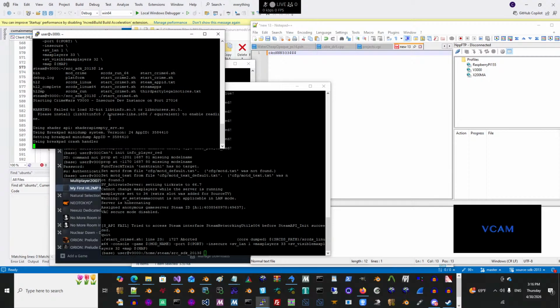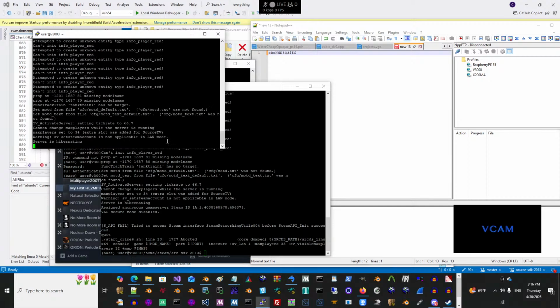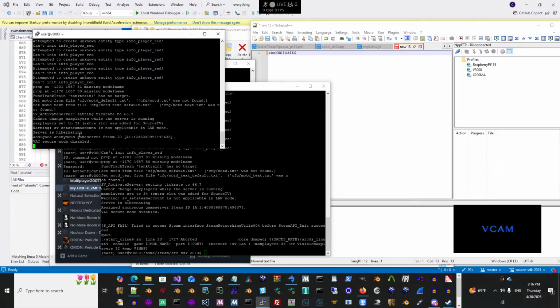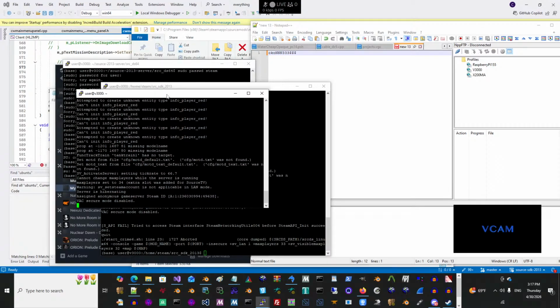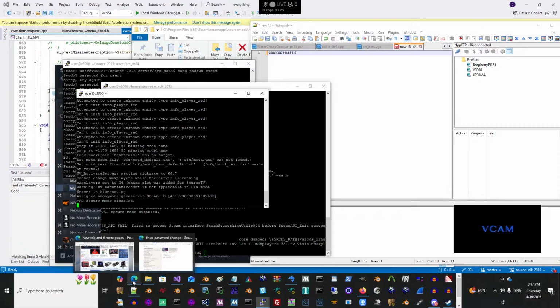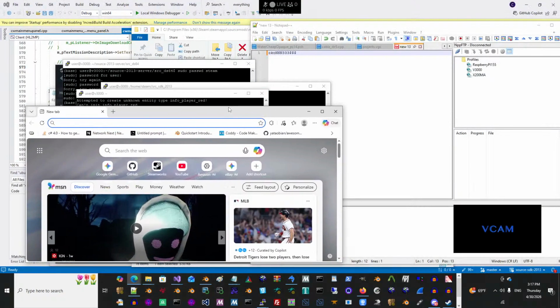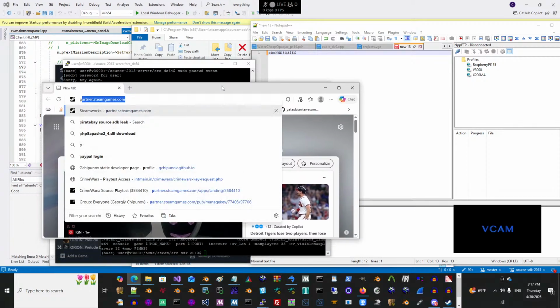Okay, let's see if it logs into Steam once I try to launch my server with my little config. Okay, server's loading. We didn't get that Steam API failed yet, so that's good. So, assign anonymous server. Now here's what you must also do once you actually get to this point: you must go in your partner's Steam